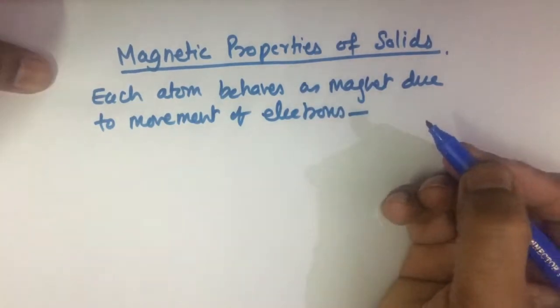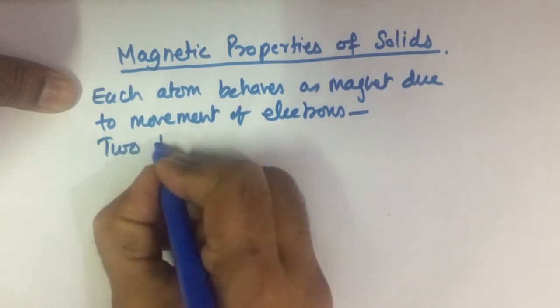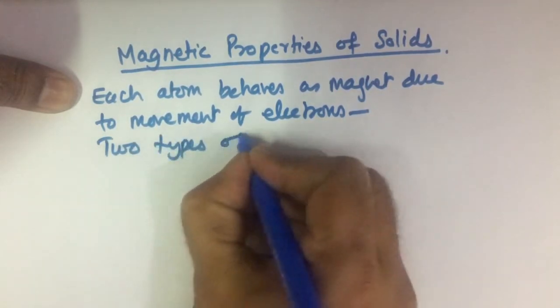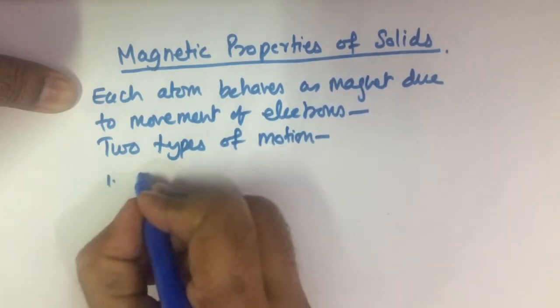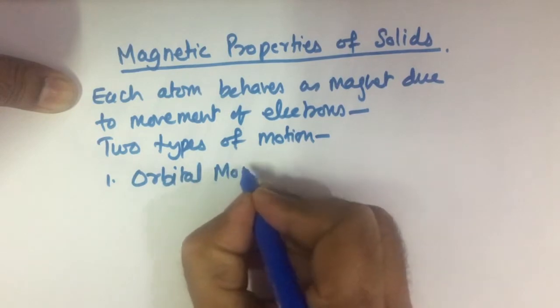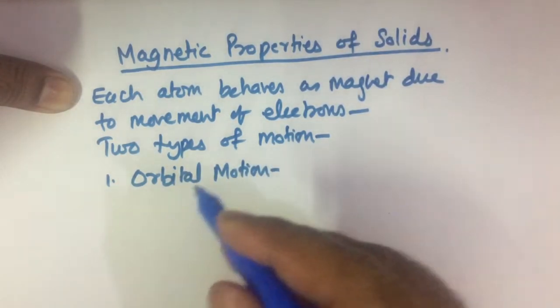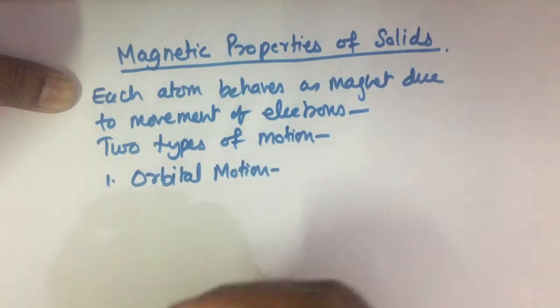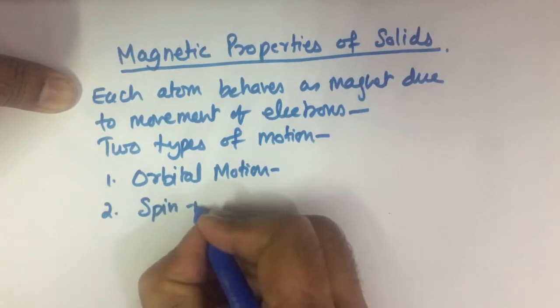Electrons have two types of motion. First is the orbital motion around the nucleus of the atom. Second is the spin motion